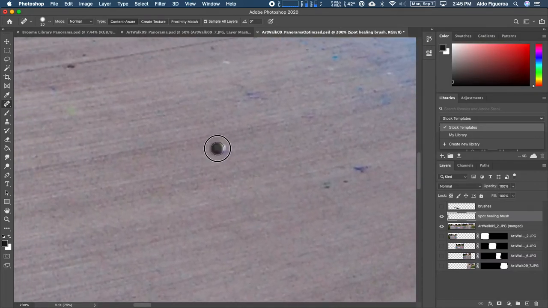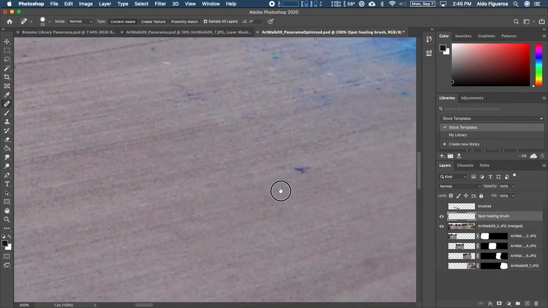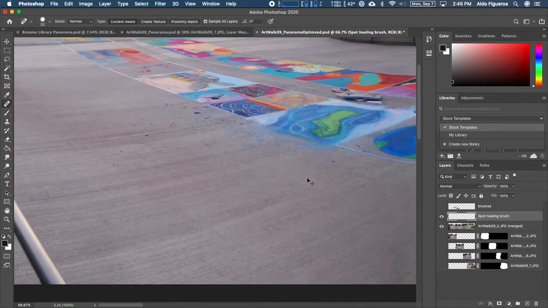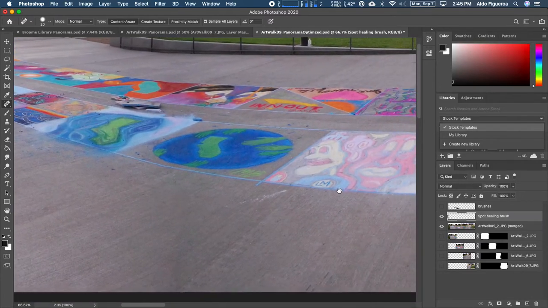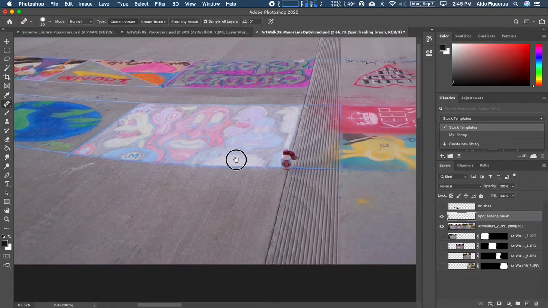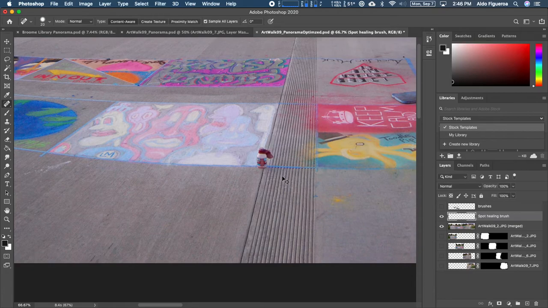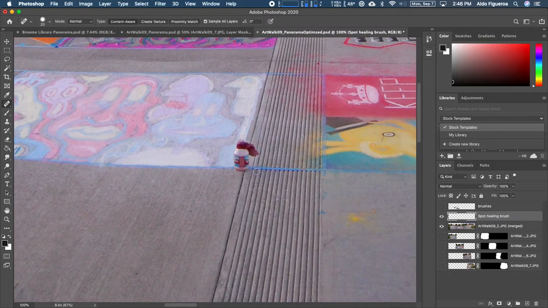There's this little bottle cap right here. I'm going to highlight it. There you go. Gone. Now you can go crazy with this. I suggest that you only use this as necessary. Just because you can doesn't mean you should. Like, say for example, should we try to remove this water bottle? Well, let's try it. I'm going to click and hold down my mouse button, and I want to just go over the water bottle. And once you let go,